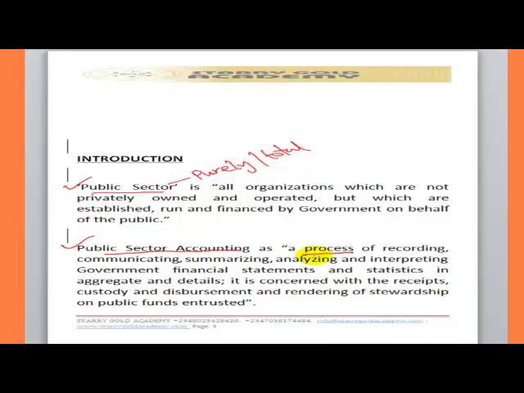At the end of the year, they call an AGM in order to come and give account. So in public sector accounting, taxpayers' money is in the custody of government officials, and they have a responsibility to give account of it. That's what we mean by rendering of stewardship